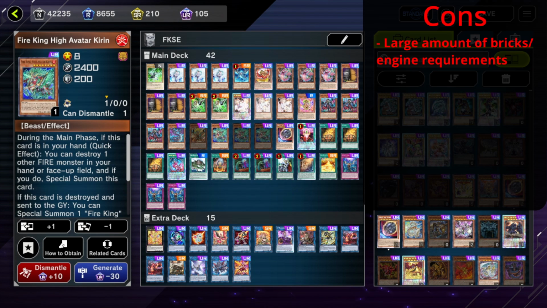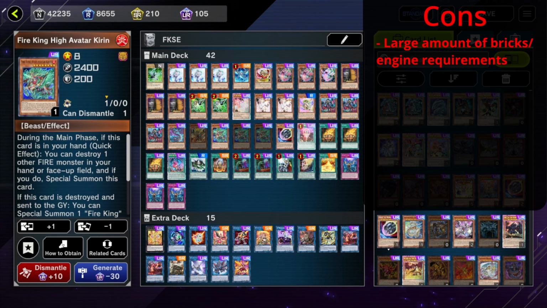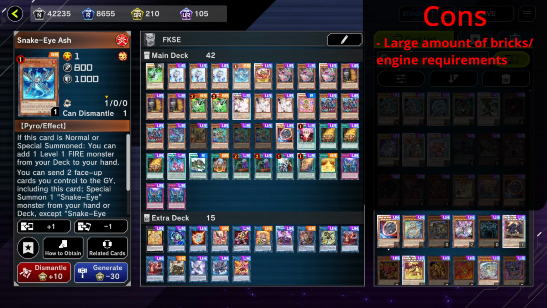As you can see, there's only 42 cards and it runs tons of hand traps. There are builds that run fewer hand traps with more engine, are still hot, and have a higher deck count than the 42 here. And it has to be said that it's kind of a downside, more of something affecting the way that you actually play Fire King Snake Eyes,